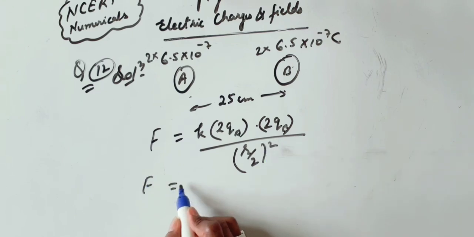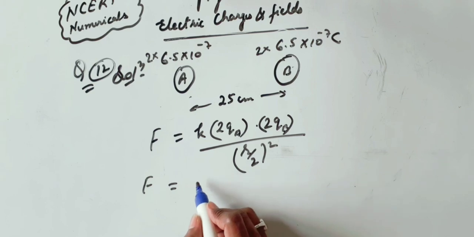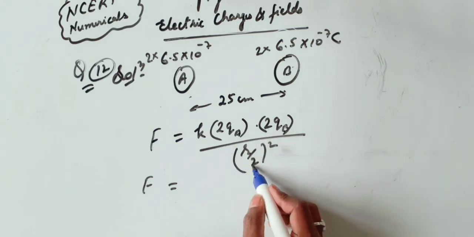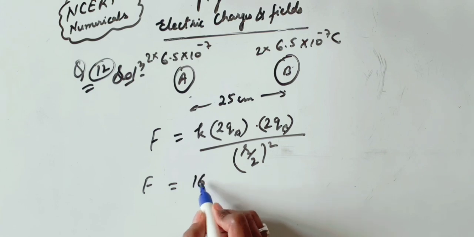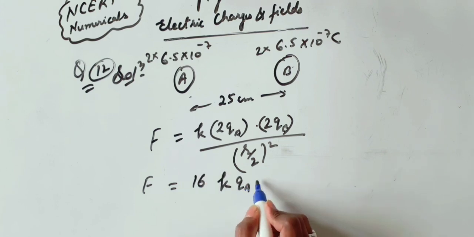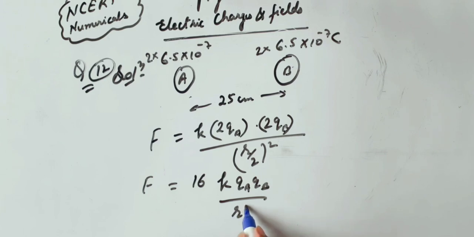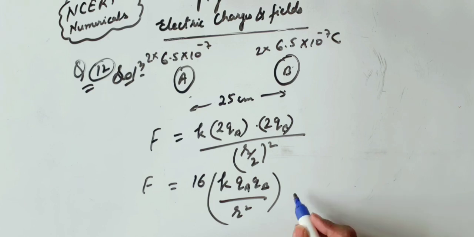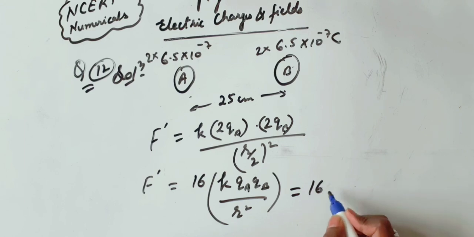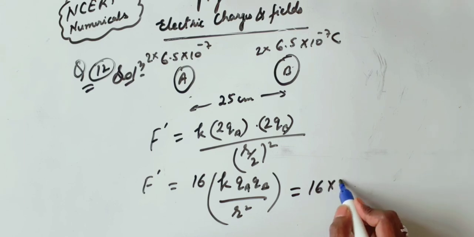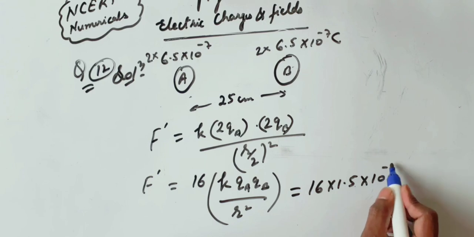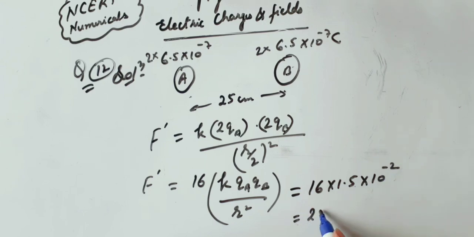So it will be F equal to 2 to the 4, and 4 it will be equal to 16. 16 K Q A Q B upon R square, means the force becomes 16 times F. So we can write here 16 into 1.5 into 10 to the power minus 2, which will be equal to 24 into 10 to the power minus 2, or we can write it as 2.4 into 10 to the power minus 1